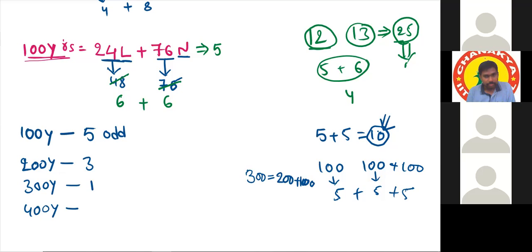So we will do 3 plus 3 plus 3 like that, or we have to do 5 plus 5 plus 5? You are telling one point, 3 plus 3 plus 3. From where are we bringing that 3? From 200 years, it is 3, okay. But how can you make 200 plus 200 plus 200? What will be this number then?